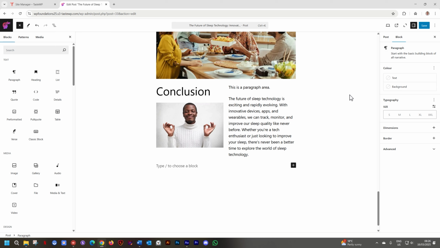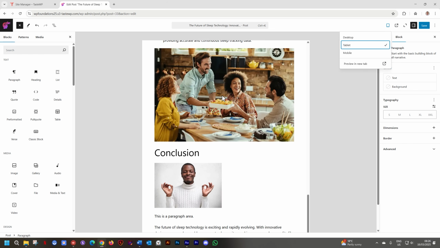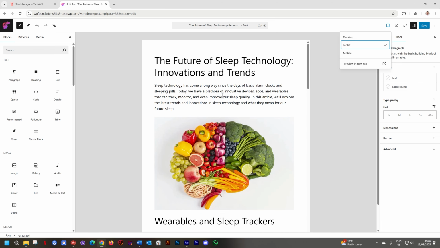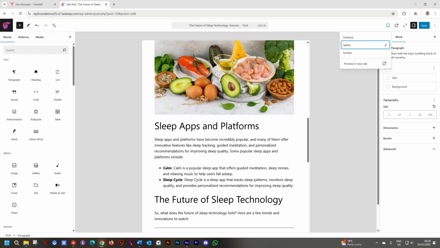Within the WordPress editor, we have responsive design. In the toolbar at the top, next to the preview, there's an option called View. Select it, and we have three options: desktop, tablet, and mobile. Select tablet, and you see the whole shift with the canvas happening. It is simulating how this will look on a tablet. If I scroll to the top, you don't really see a difference. This is exactly how we created it.